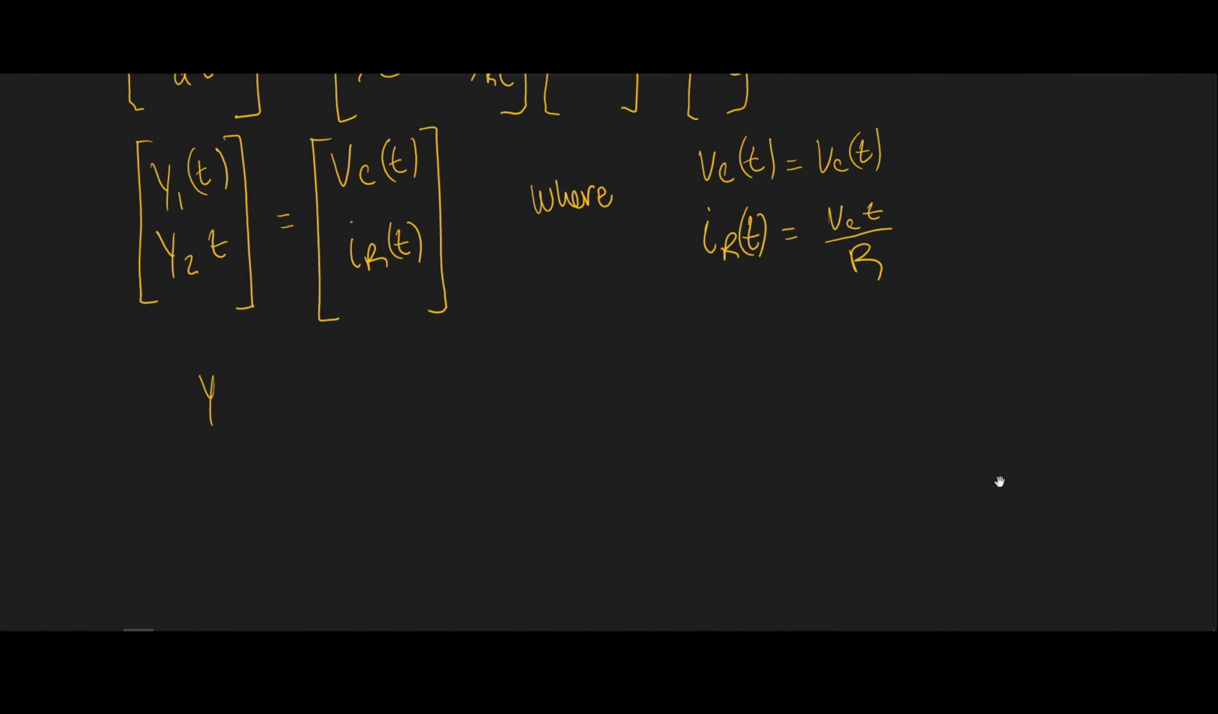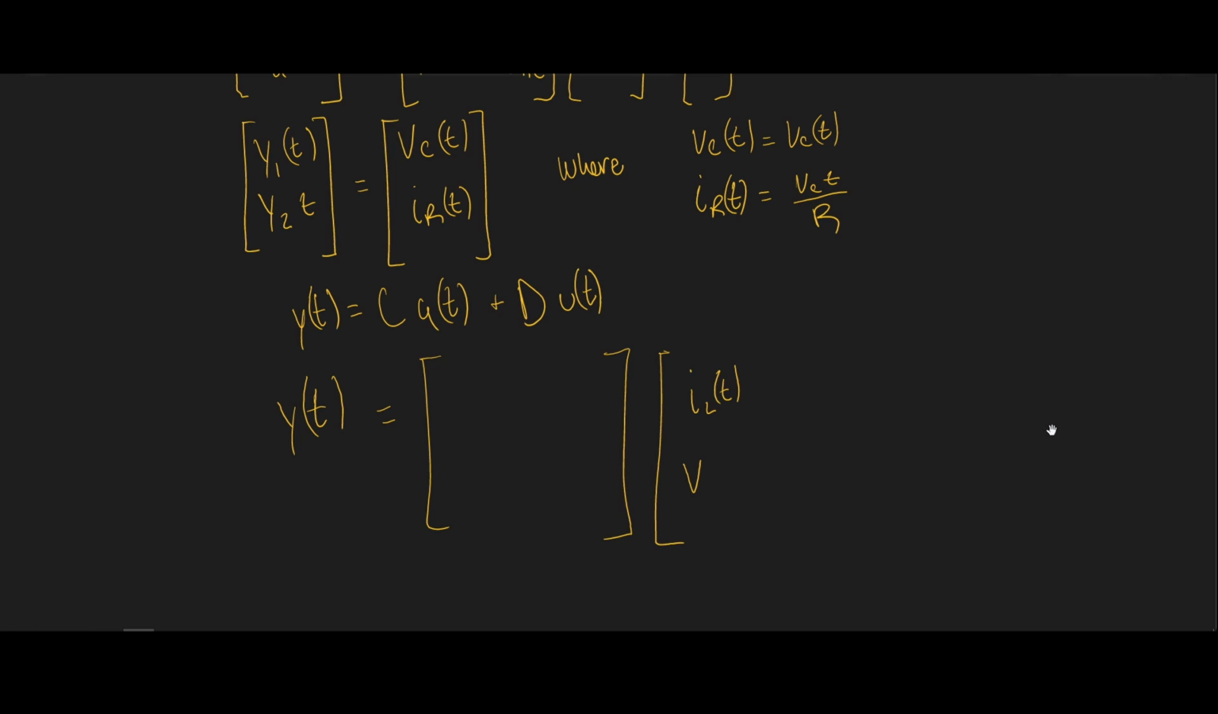Therefore, the output, which needs to be written in the similar form of C times the state variables and D times the input, will be equal to V of C is equal to V of C. Because there is no IL component, we have a 0 times IL, and we just have 1 times VC. That takes care of the